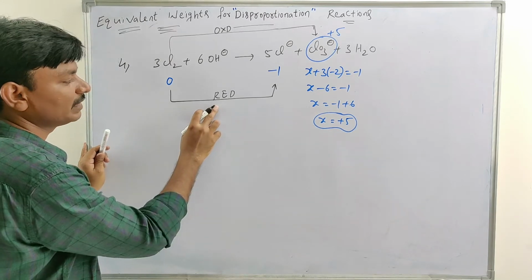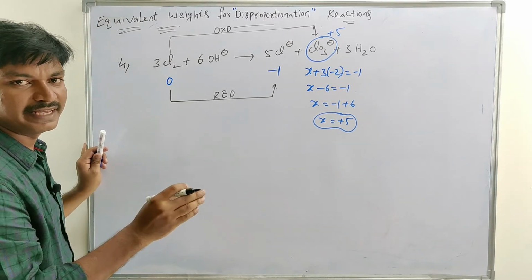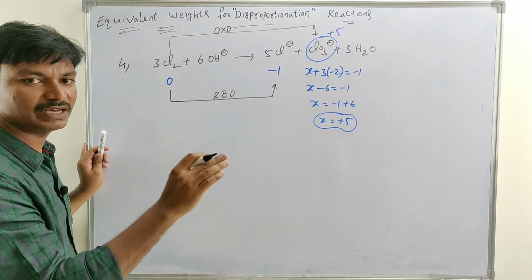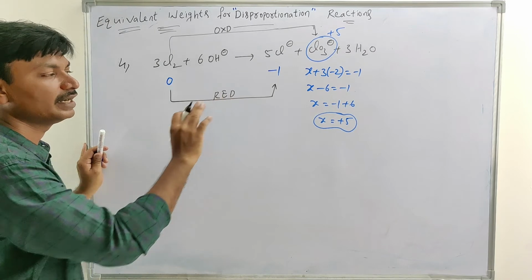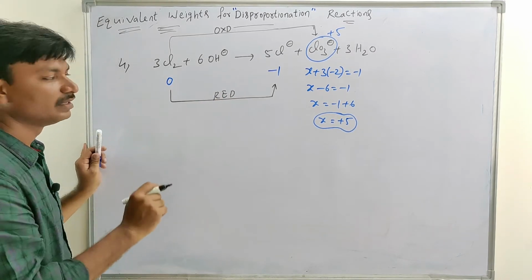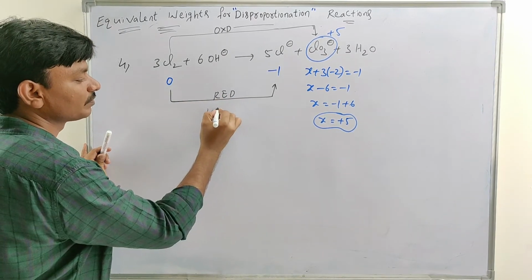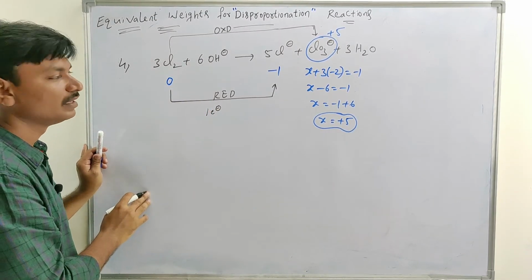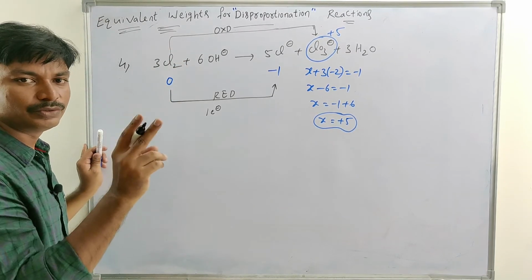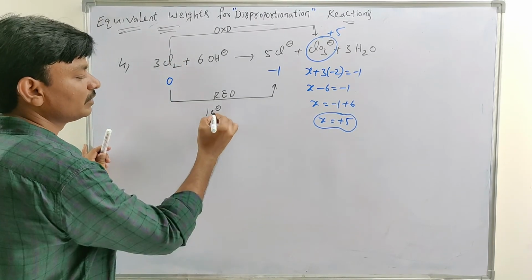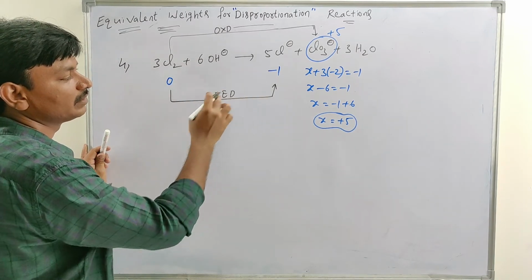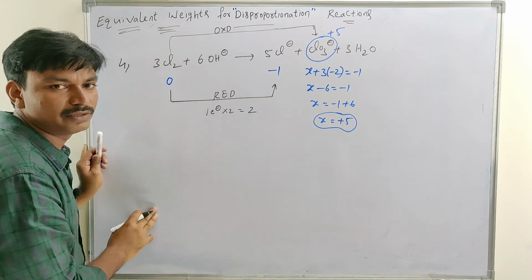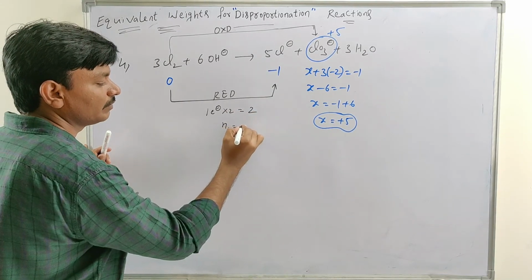In the first conversion, each chlorine atom accepts only 1 electron, that is 0 to -1. Each chlorine atom accepting electrons in the reduction reaction is only 1 electron. But in the Cl2 molecule, 2 chlorine atoms are present. That's why the total electrons involved in the first case are 1 into 2, total electrons equal to 2. In the first case, N1 equals 2.